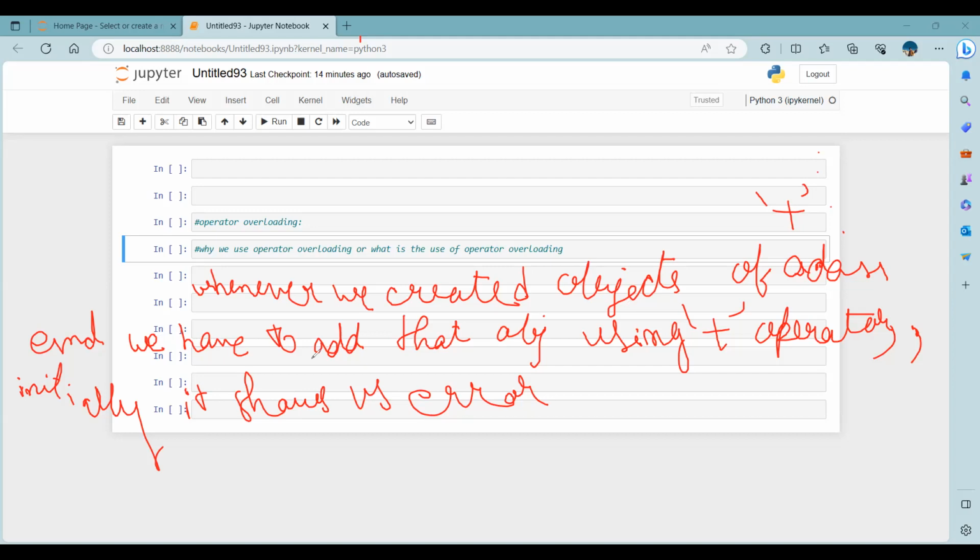Sorry, guys. Whenever we create objects of a class and we have to add those objects using the plus operator, initially it shows us an error. We have to solve that problem: how do we add two or more objects? Actually, why is the error showing? Because the compiler